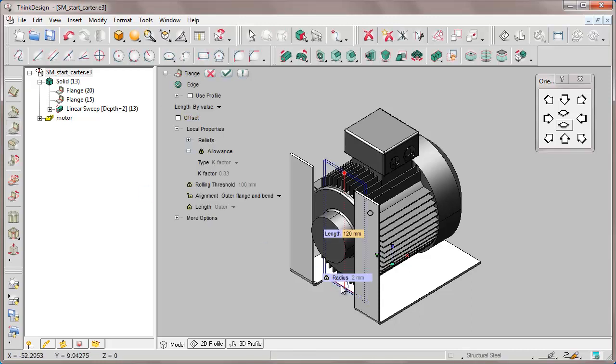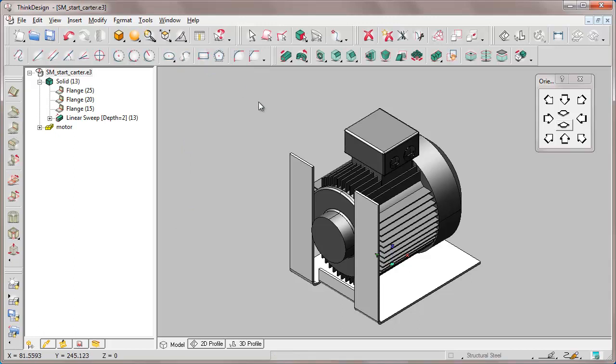OK, let's insert another flange and modify length to 15 mm on the inner flange and activate the offset, that is, a value allowing to move away from the coupling edge outside or inside to build up the flange at a specific distance with respect to the coupling edge. We set it to 6 mm and we confirm.